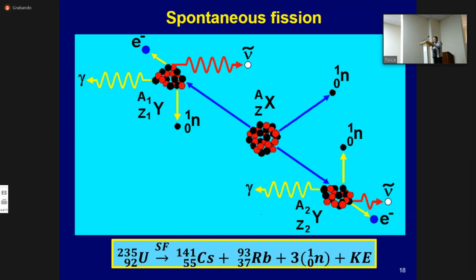Spontaneous fission is a nuclear transformation in which a heavy unstable nucleus randomly fissions or splits into two or more light nuclei, usually releasing 2 or 3 neutrons and a significant amount of energy in the form of gamma radiation, beta radiation, and kinetic energy of fission fragments, as well as neutrinos and photons.